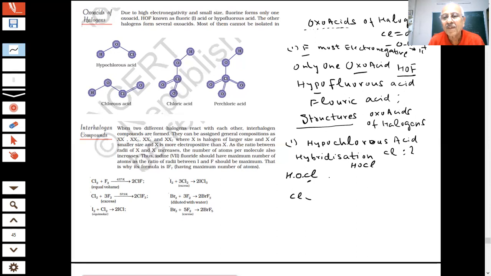For Cl, you can calculate by any way. Nobody stops you. But if I say bond pair, how many bond pairs are there? 1. How many lone pairs are there in Cl? Now the story becomes clear. It will be 3. So 3 plus 1, so sp3. This is a trick to do it, but we can solve it by any method. You can write the s and p orbitals of the Cl and see what hybridization comes. But it is an sp3 hybridized halogen.